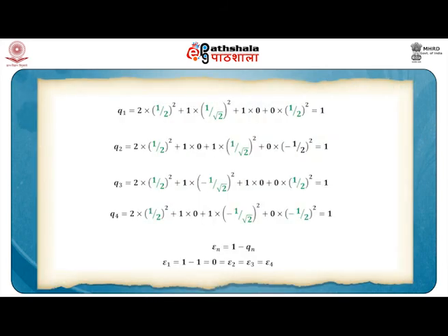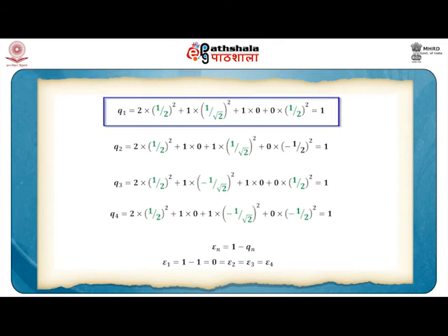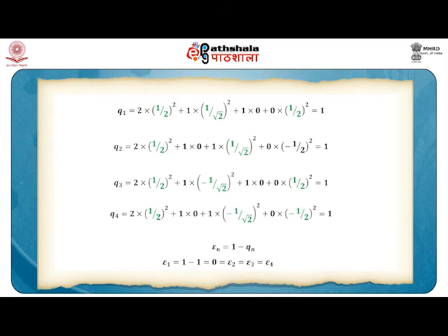As you can see here, Q1 comes to be equal to 1 because if you take the different components, here one can see first is 2, which is there are 2 electrons in the first molecular orbital, and then there is the coefficient 1/2 whose square is taken, then there is the third orbital with 1 electron, and the coefficient 1 upon under root 2 squared, and the other terms are 0, 0, and then ultimately, as you can see here, the total value comes out to be 1.